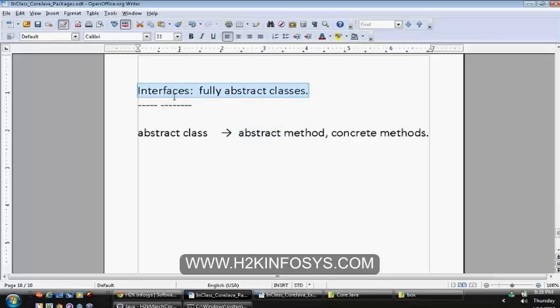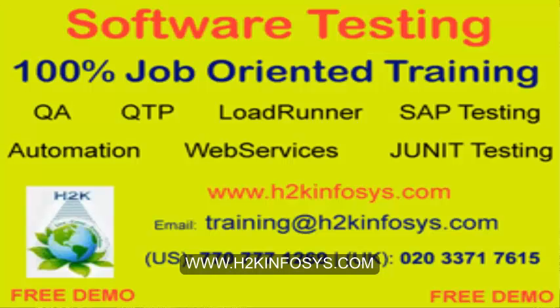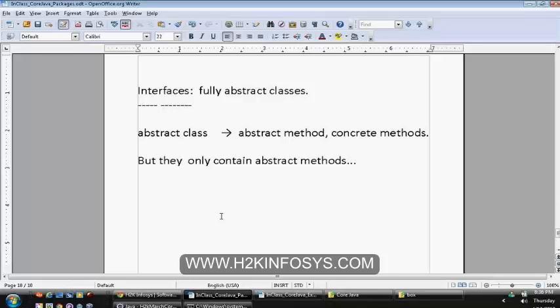Interfaces are also just like classes, but they only contain abstract methods but not concrete methods. Whenever we have only the basic prototype, or you just want to specify a standard which all of your subclasses are supposed to follow, then you will declare an interface and specify all the abstract methods.